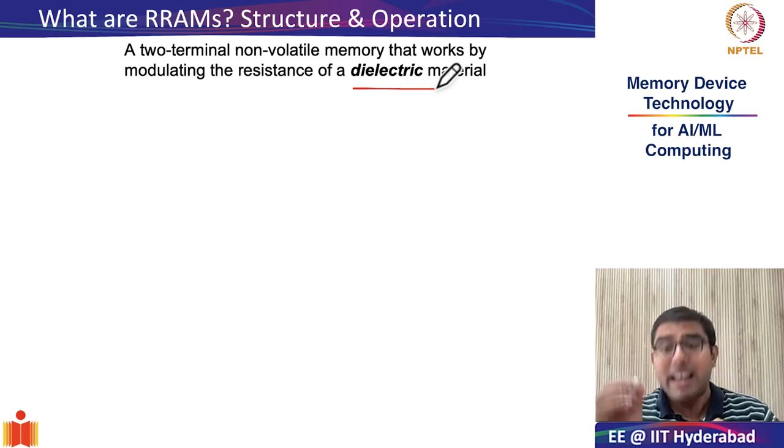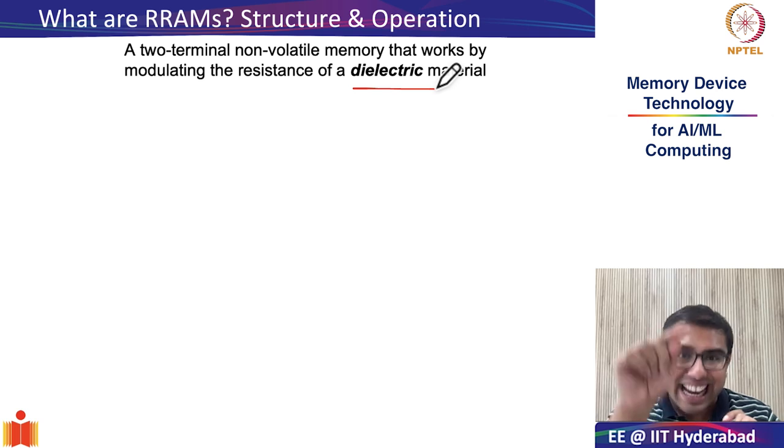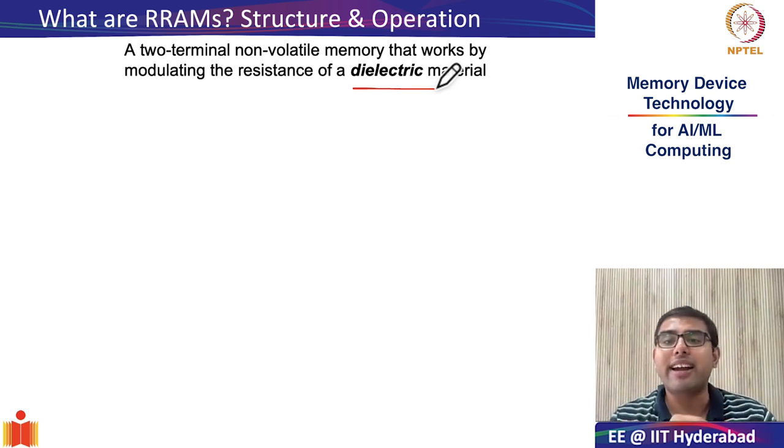In PC RAMs, it has phase change properties. But in the case of RRAMs, the dielectric that we are talking about is a normal paraelectric material which does not have any special properties. What is a normal paraelectric material? Whose polarization versus electric field is linear. But something will get modified in the property of the dielectric material, which will make it a conductive material, and it will